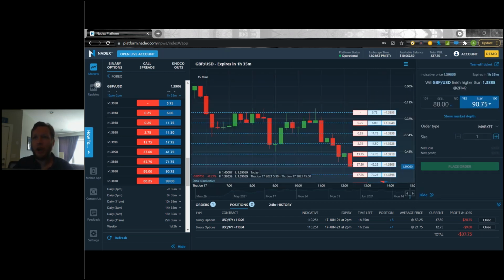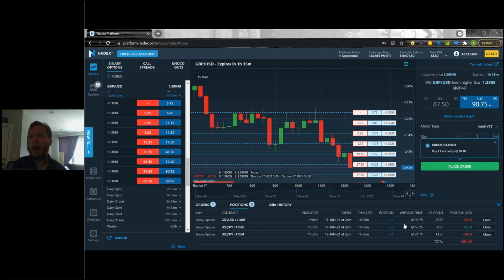This is a pound dollar contract. So looking at this pound dollar contract, we can see I got in right around $90. And right now it says I'm taking a loss, right? Because if I were to sell this contract back into the market, I would only get about $86 for my contract. I paid about $94. That's about a $4 loss, right? Everybody, we're making about a $4 loss on this contract.